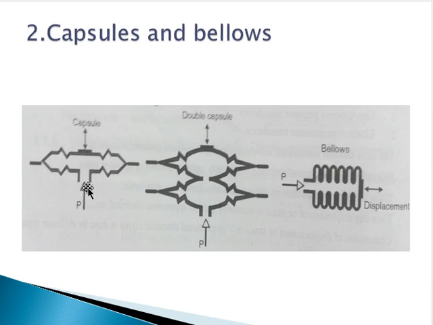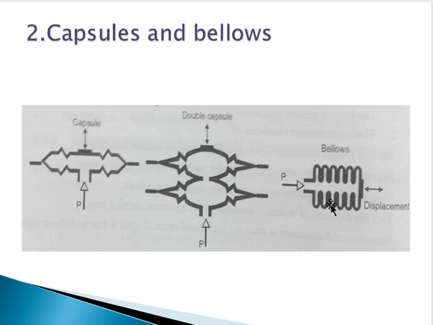So what will happen here? This is an enclosed shape, we can say. Here we are applying the pressure, and due to this pressure inside, this part will move upwards. So again we are converting pressure into a change in displacement. Similarly, if you add another capsule here, it is called a double capsule. The pressure is applied and again converted into displacement. You can use this in this direction or in the horizontal direction, no problem.